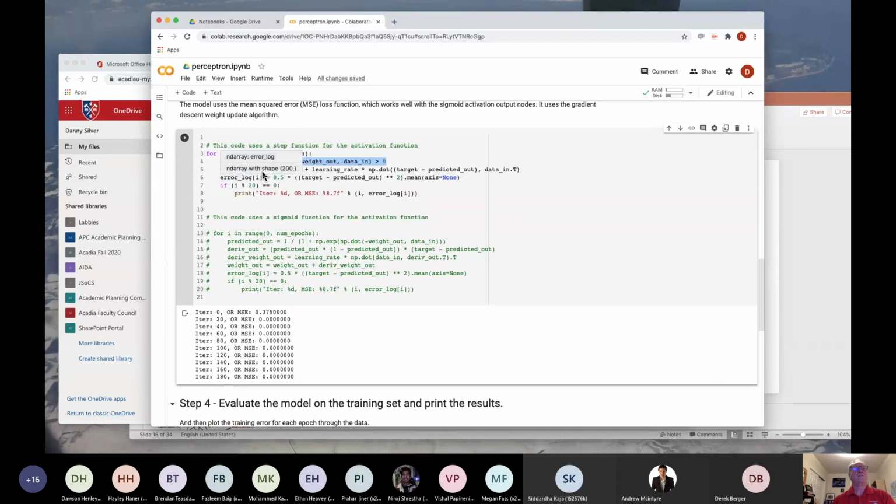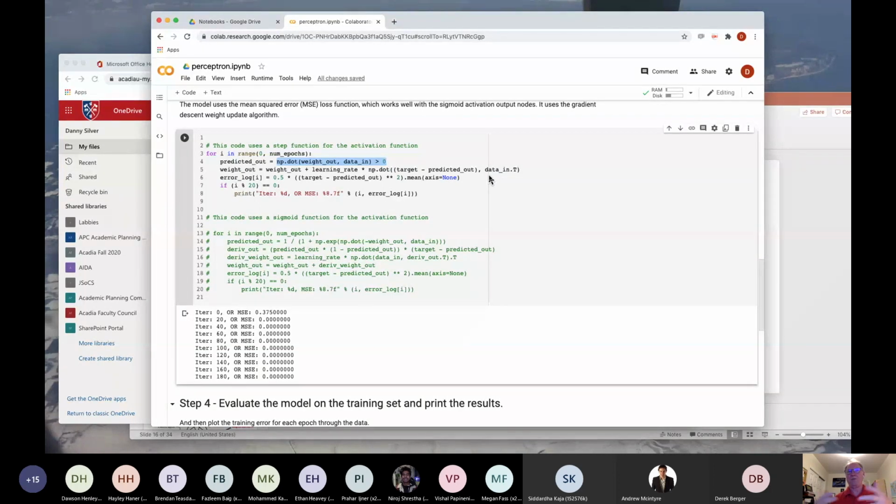The weight update, the output of the network, is then going to be equal to, and this is the change in the weight, the learning rate times the difference between what we wanted at the output for that example and what the network's actually producing, which we just generated here, times whatever the input is. Now you have to keep in mind that we are working here with vectors and matrices.